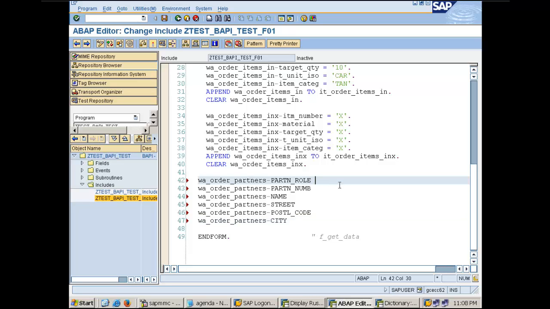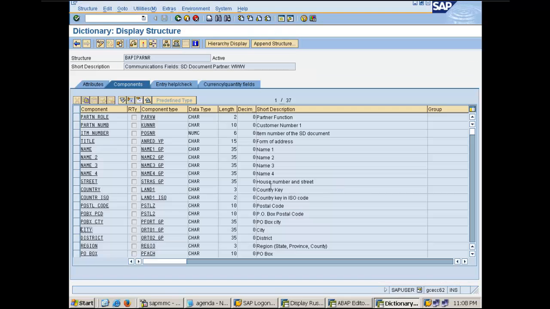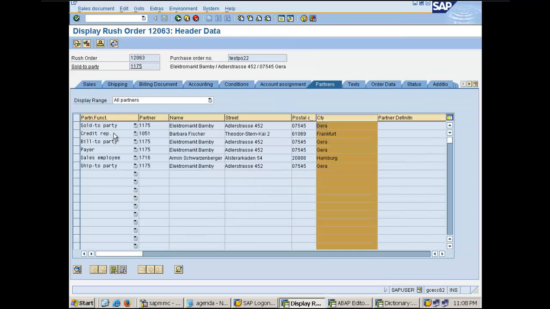For that, I'm passing the values into the work area first, and then I'm just appending that work area to the internal table. So I did not do anything special till now. So you can see that the role is sold to party. So okay,